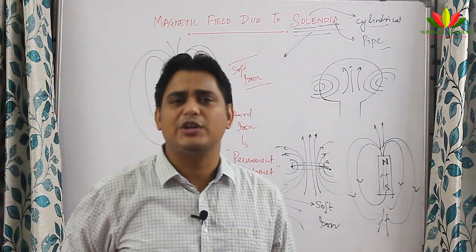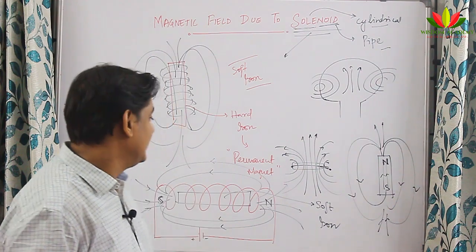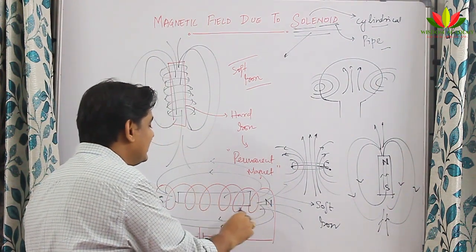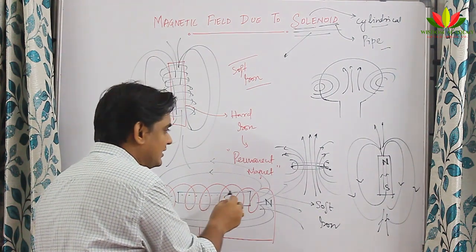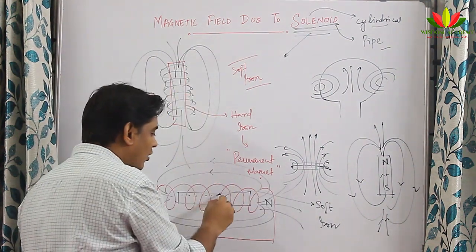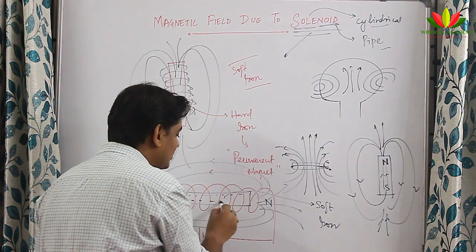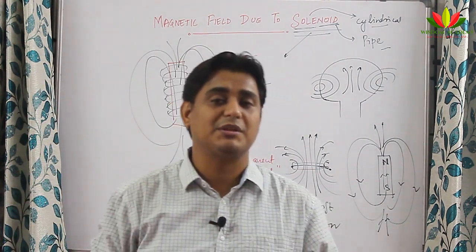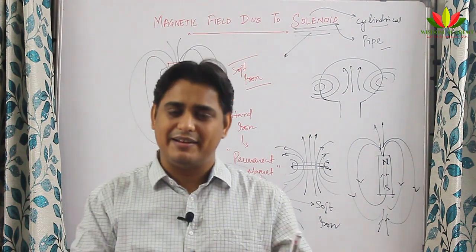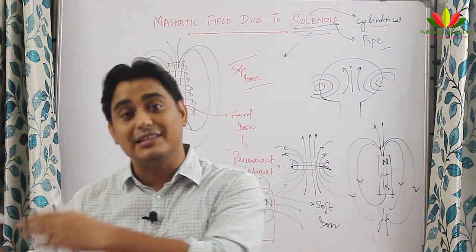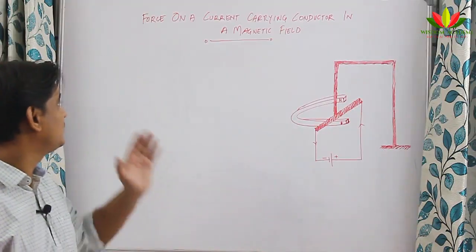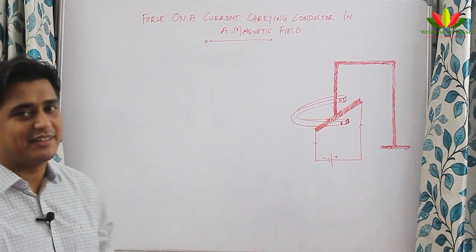What important thing you have to keep in mind about solenoid is also that the magnetic field inside the solenoid is the same at all the points. And since they are parallel lines, at all the points the magnetic field is always the same. So one important thing, sometimes this question is asked in school examinations, that the magnetic field inside a solenoid is what? Is uniform throughout. Next topic is force on a current carrying conductor in a magnetic field.